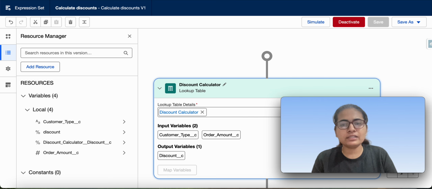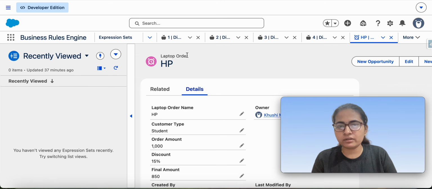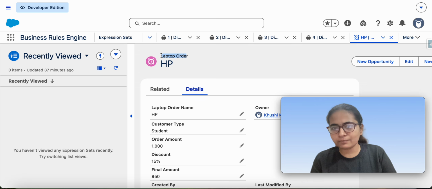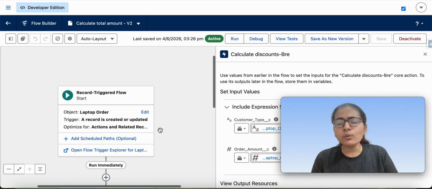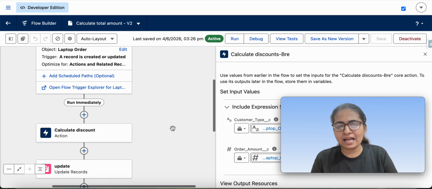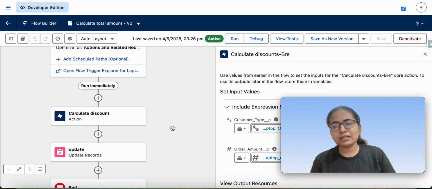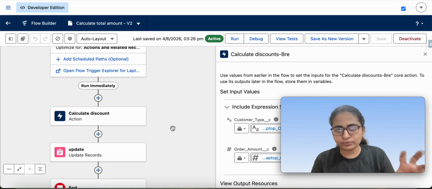Now my scenario is that Laptop Order is a custom field that I have created. There is a flow, and this flow talks about whenever a laptop order is created, based on the customer type and the amount of the order for which they have purchased, we have to automatically apply the discount and calculate the final amount that they have to pay.